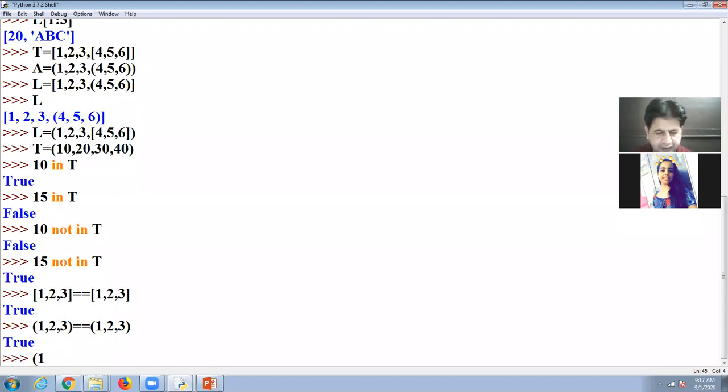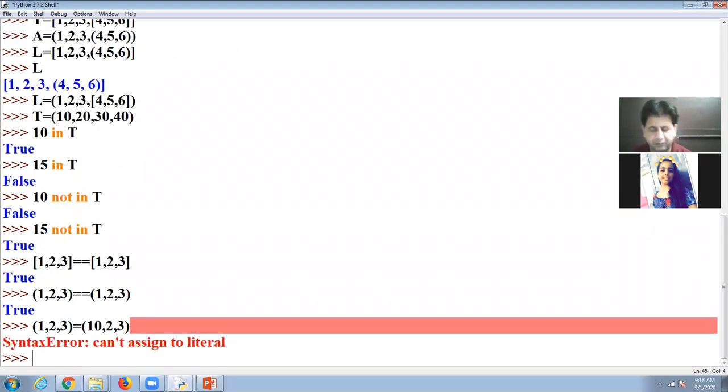But if on one side I take 1, 2, 3 and on the other side 10, 2, 3 and compare, sorry, I am using double equal to sign, then the comparison gives us false because both tuples are not equal. This is the same in the case of a list.